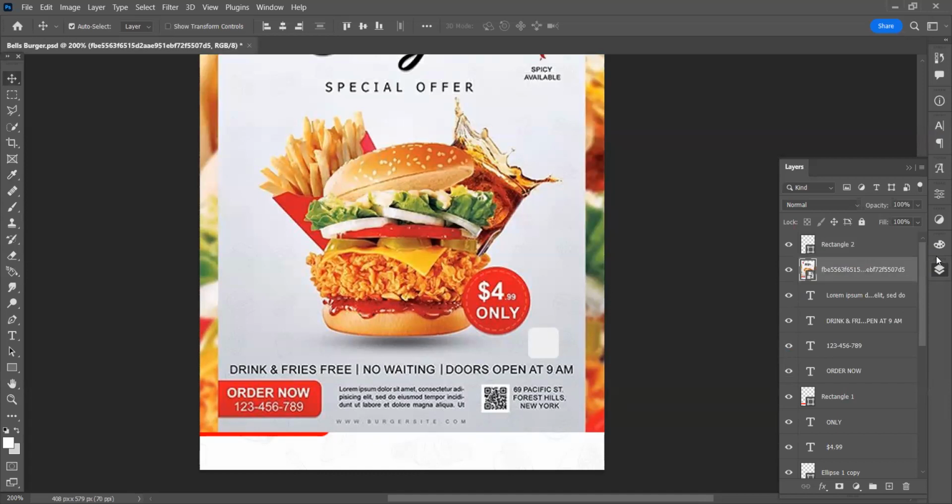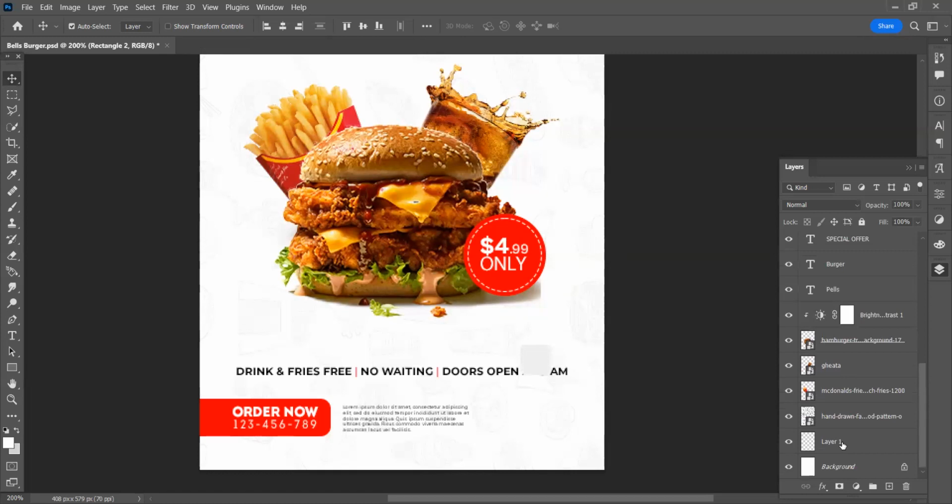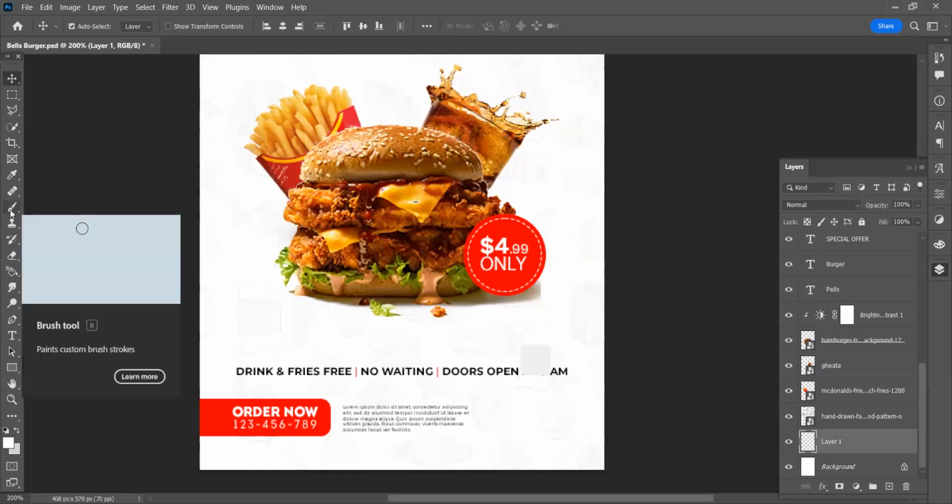Then I close this one again. Just click here. So what am I now going to do? I will go back to my new layer that I just created. Click on it. I will now go to the brush tool. So now we use it to apply color to any surface. You can use it to draw, but you can also use it to paint. Most of the time you use the brush tool to paint.